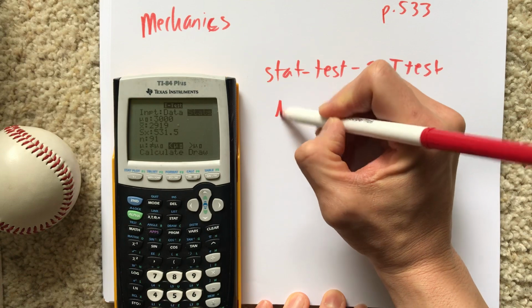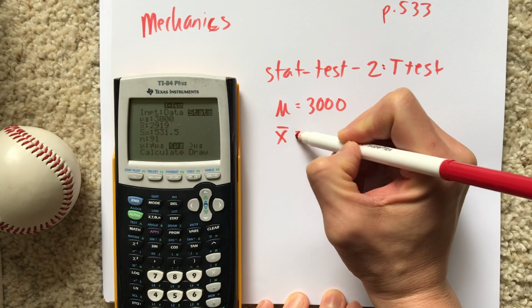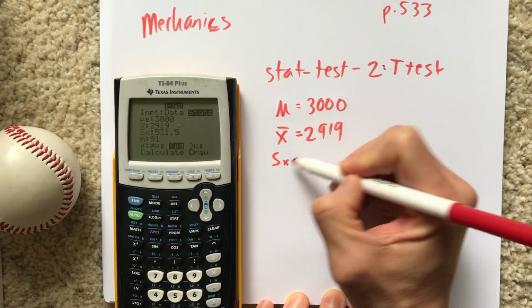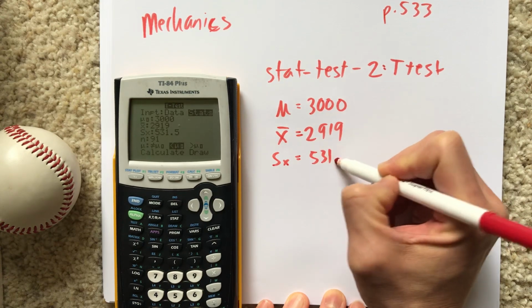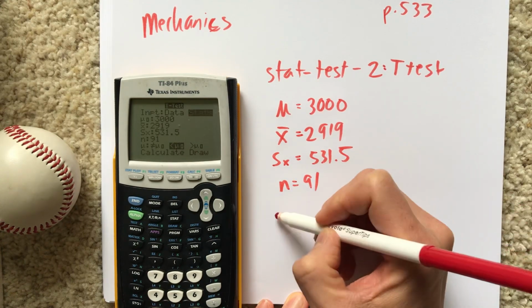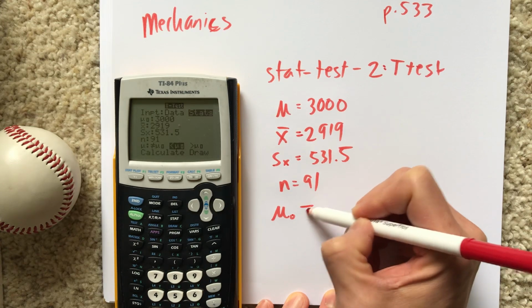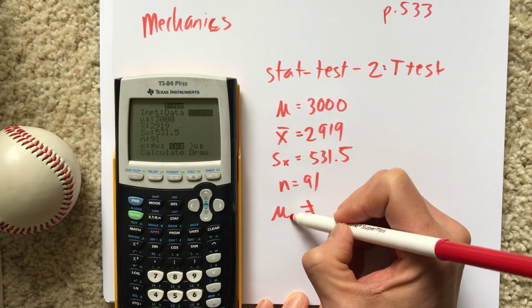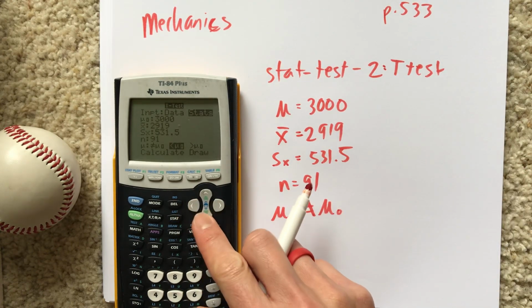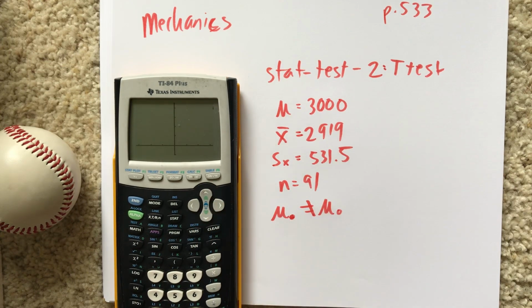Okay, so my mu is 3,000 pounds. My x bar, my sample mean, is 2,919 pounds. My standard deviation of my sample is 531.5 pounds. My n is 91, and my mu does not equal my mu null of 3,000, right? Let me change that right here. Calculate. I like the draw option now, because the draw option, you'll see,